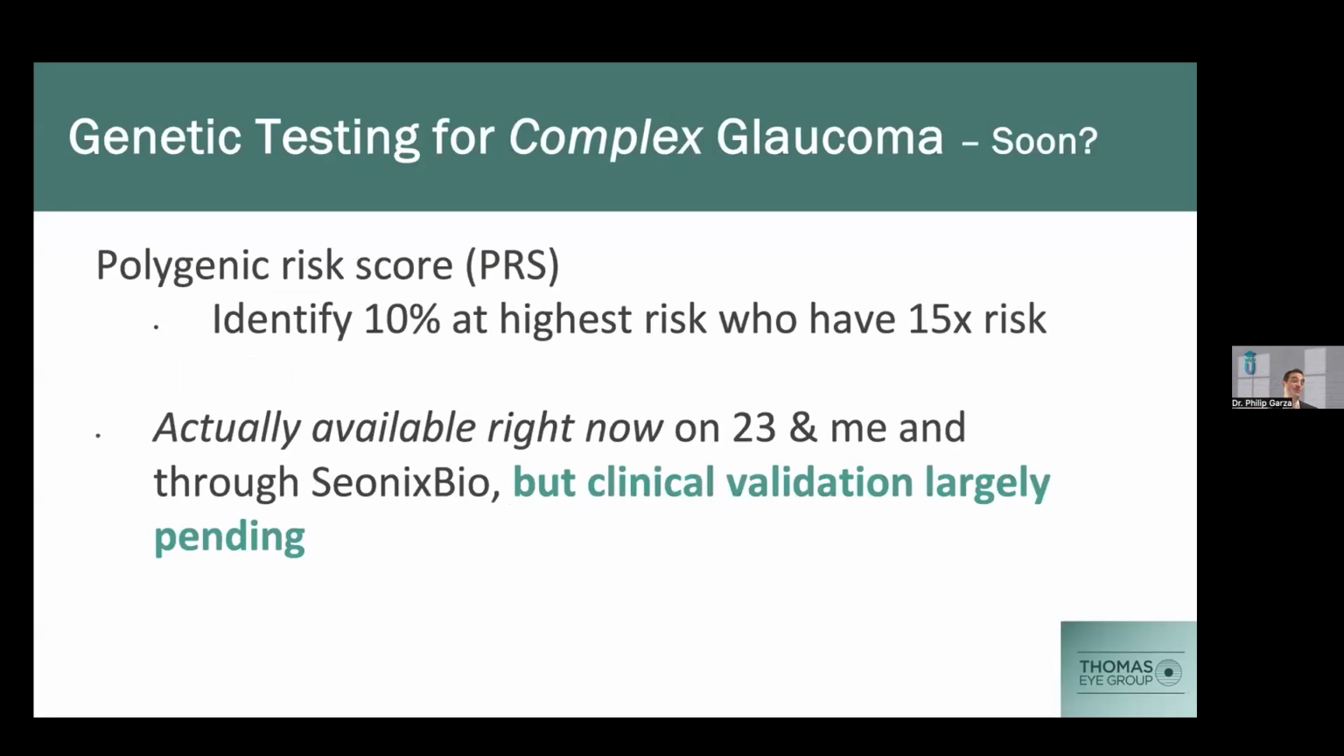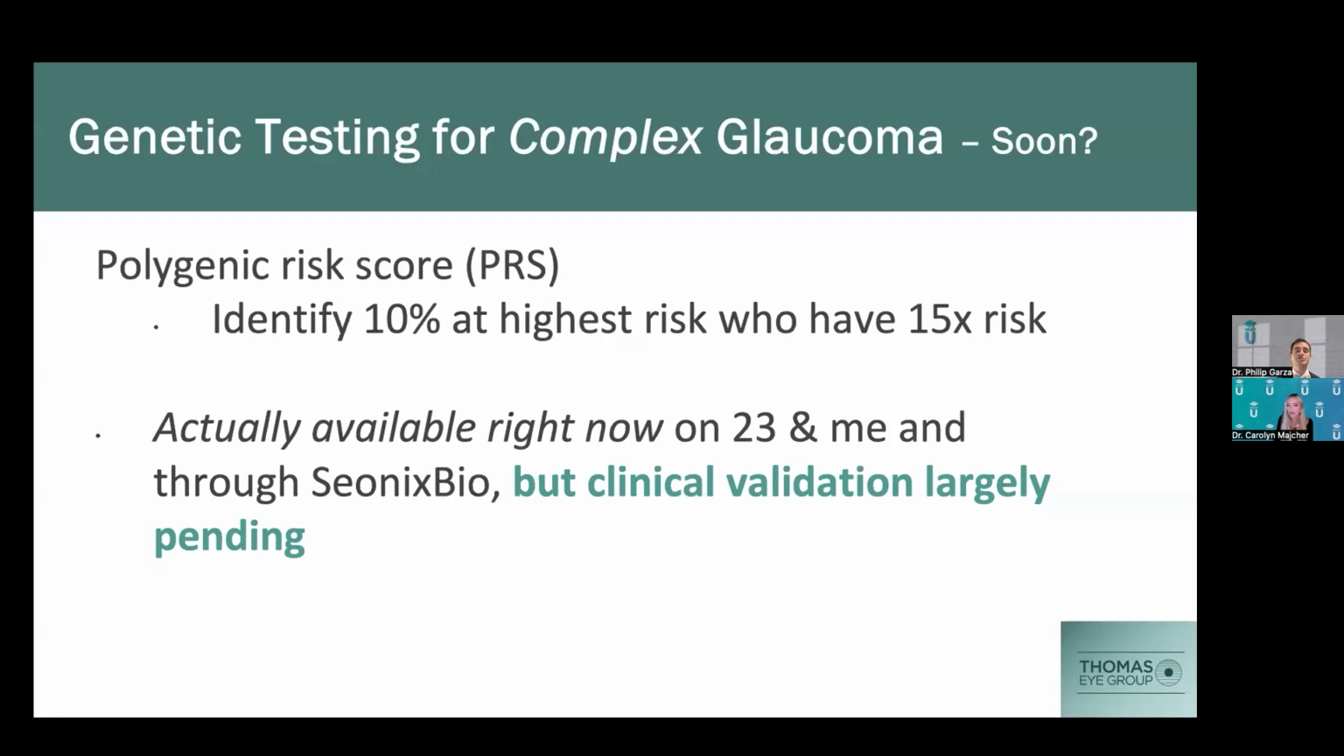The next step beyond this is going to be genetic testing for complex disease, non-Mendelian, not a single gene mutation. Is this coming soon? The idea here is to produce a polygenic risk score, and the ideal would be to identify the 10% of people in all comers who are at highest risk for progression. And this is actually available right now, even on 23andMe. It comes with the 23andMe testing, and it also can be purchased separately through a company called Sionix Bio, but